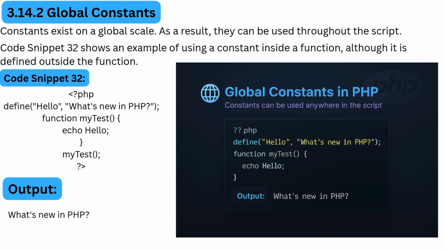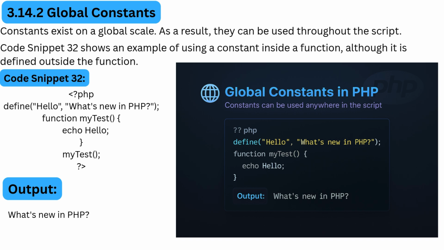Let's carefully go through code snippet 32 step by step to understand this behavior. The code starts with the PHP opening tag, <?php. Then we use the define function to create a constant named hello, and we assign it the value "What's new in PHP?" So the first line looks like this: define('hello', "What's new in PHP?");